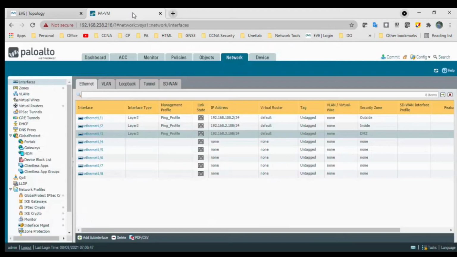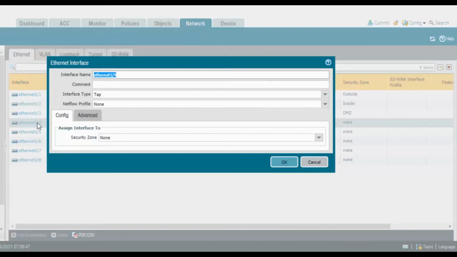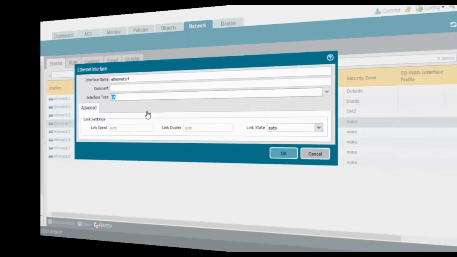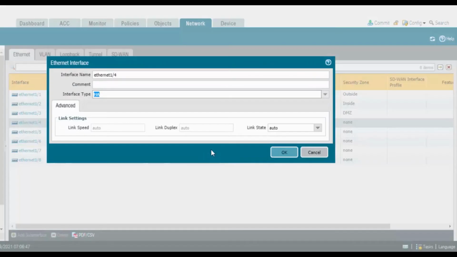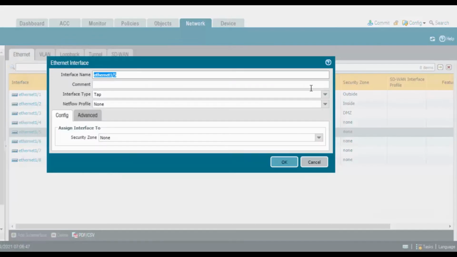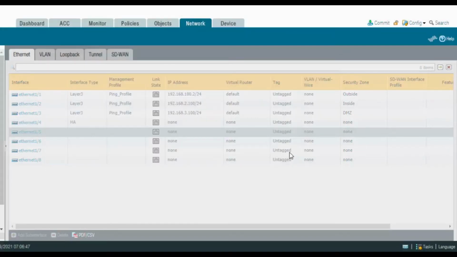So what we will do is we will go to the 1/4, and the interface type should be HA, and click on OK. Ethernet 1/5 type is HA, and click on OK.